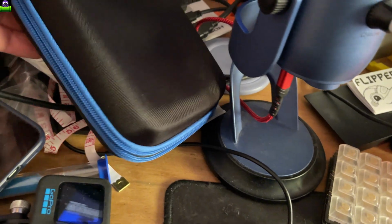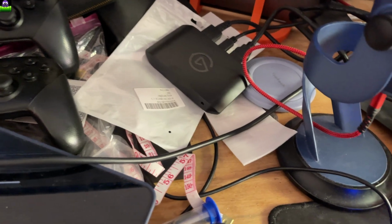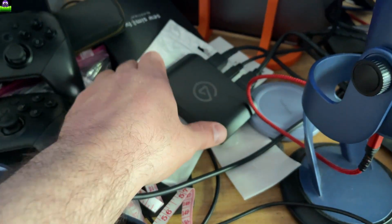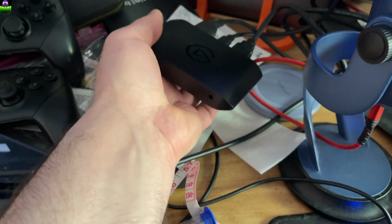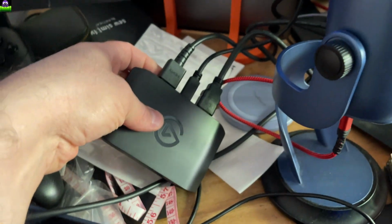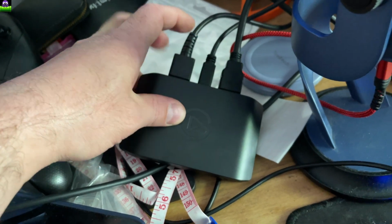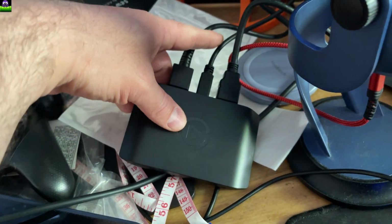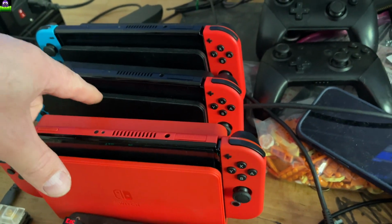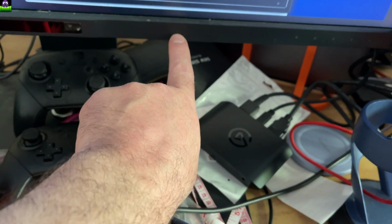Another interesting thing to show you. So I've recently been recording some content for my Switch. Now, and again, excuse my incredibly messy desk here, but this thing is the Elgato HD60X. It has one HDMI port going in and one going out, and then you have a USB cable that goes to your PC. So I connect that to one of my Switches here, and it goes in one, out the other, and connects to this monitor above here,